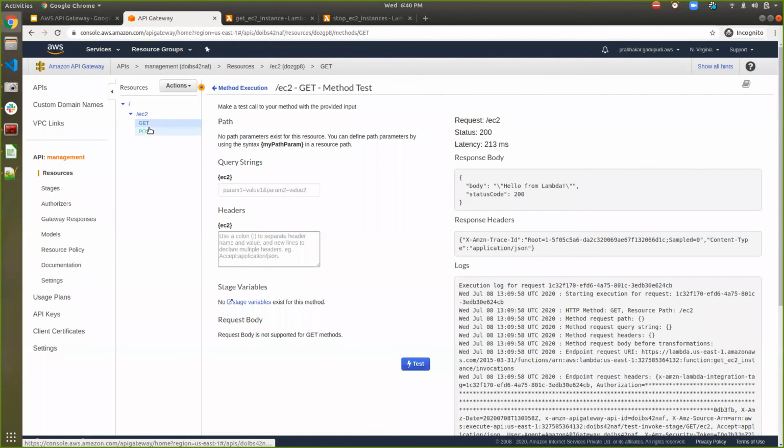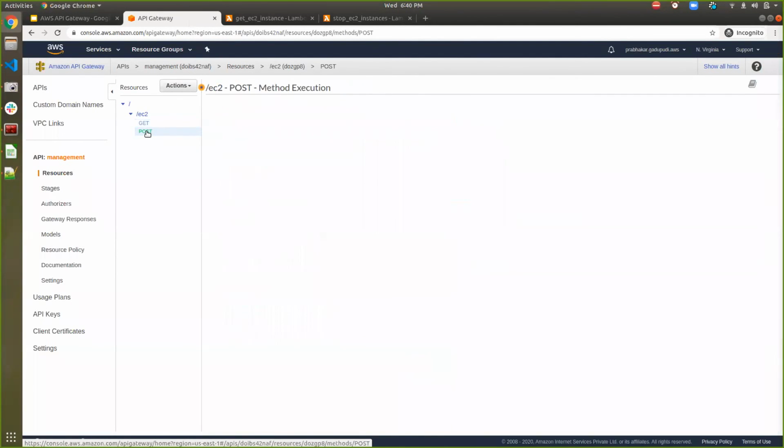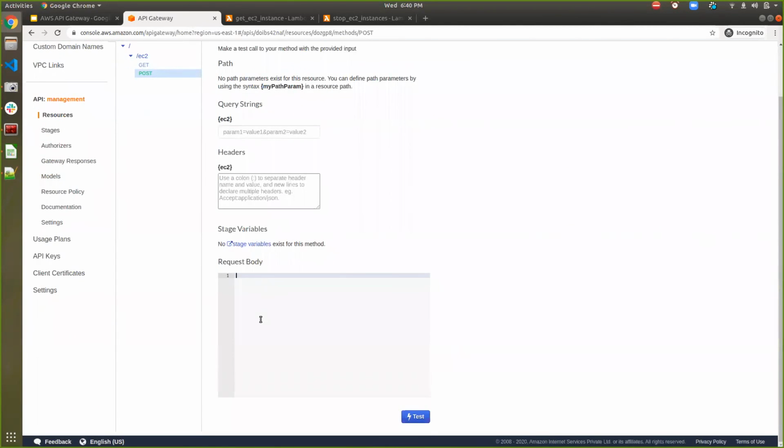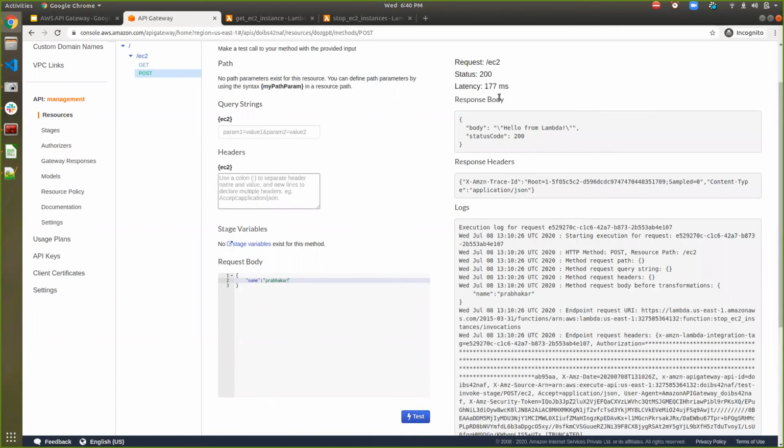Similarly I can test the POST API. In the POST API, I can click here and go to the request body. I can specify any of the parameters like this and say next, and here is the output from the other Lambda function, that is the stop EC2 instances.